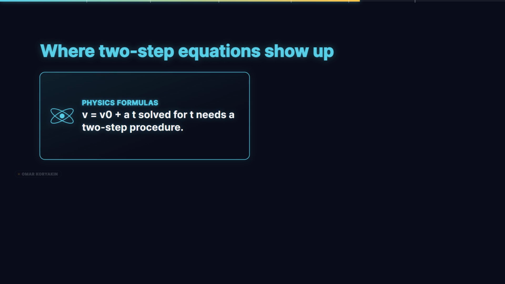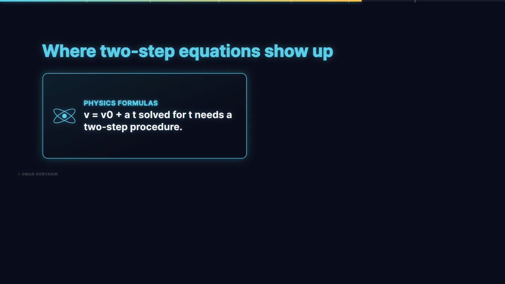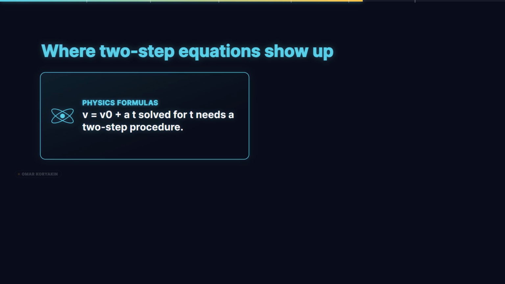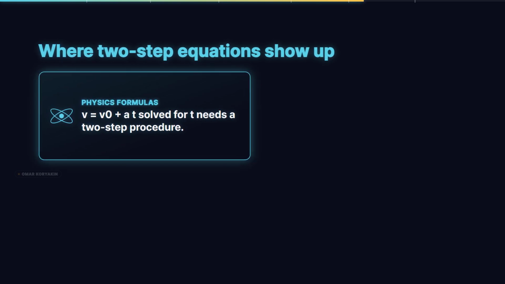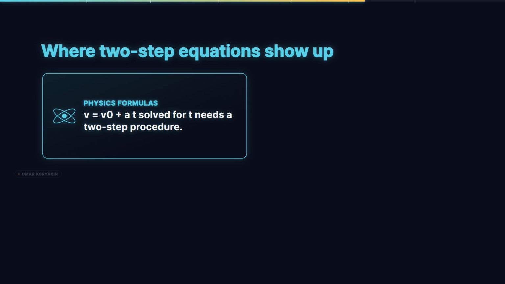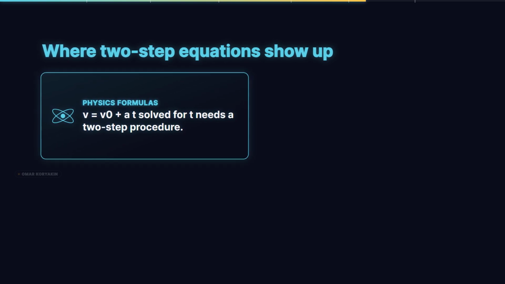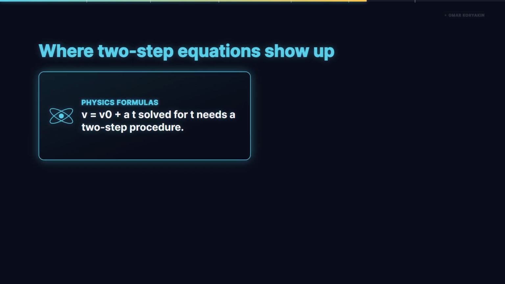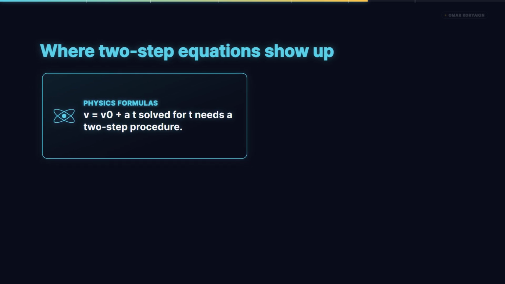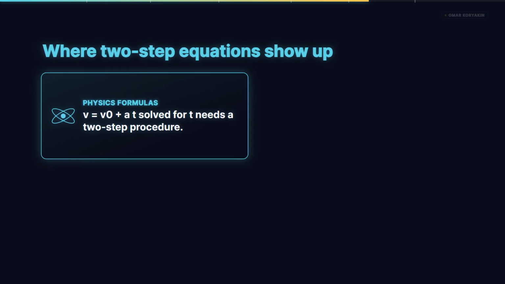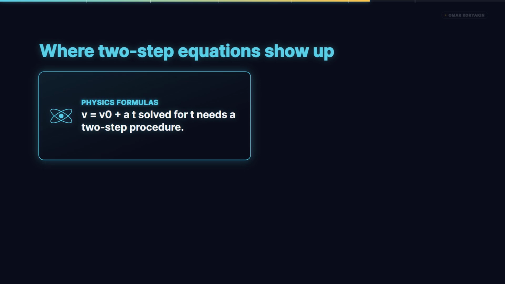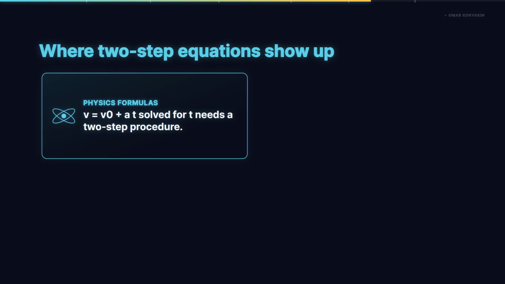In physics, the kinematic equation final velocity equals initial velocity plus acceleration times time has a 2-step inverse when you want to solve for time given the other 3. Subtract initial velocity from both sides, then divide by acceleration. The 2-step pattern appears in every kinematics calculation that flips the formula around, which is most of them in real